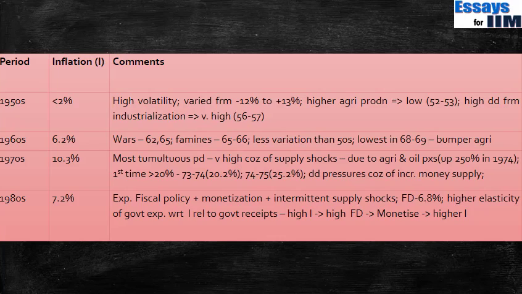But when the government expenditure is rising, again it will lead to higher inflation. With higher inflation, it will lead to further higher government expenditure, and all of this leads to higher fiscal deficit that needs to be monetized, and again higher inflation. So this is a vicious cycle that we got into. So higher government expenditure leading to higher inflation leading to higher government expenditure, leading to higher fiscal deficit, leading to monetization of fiscal deficit, leading to further higher inflation. So this is what was happening in the 1980s.